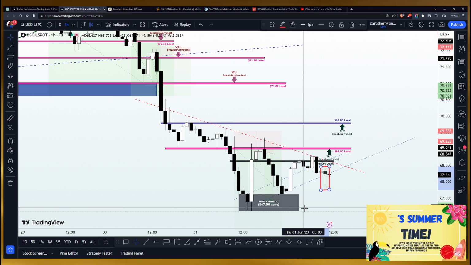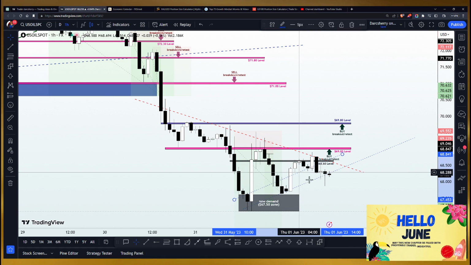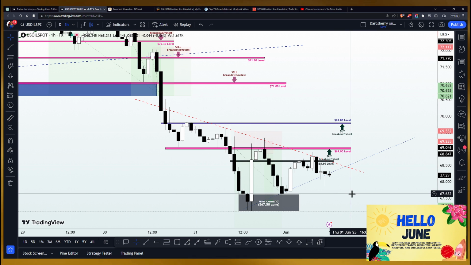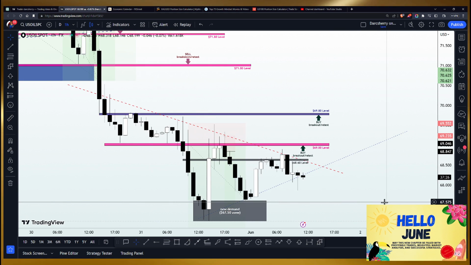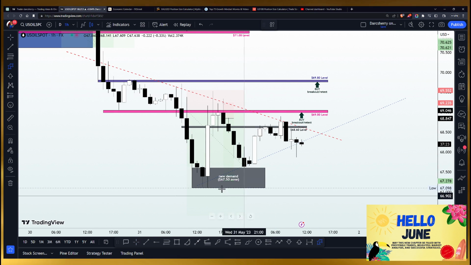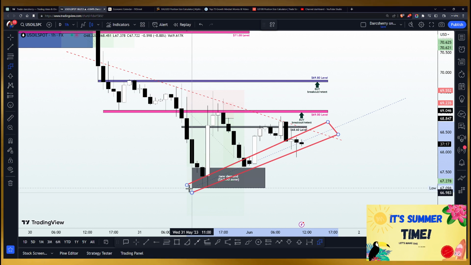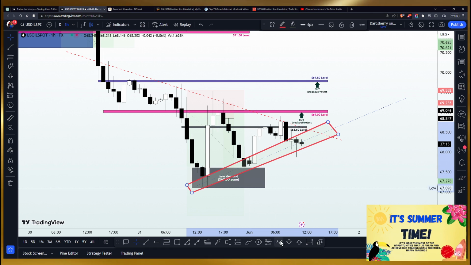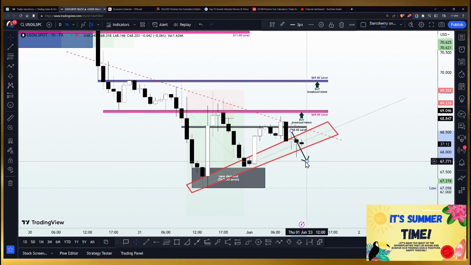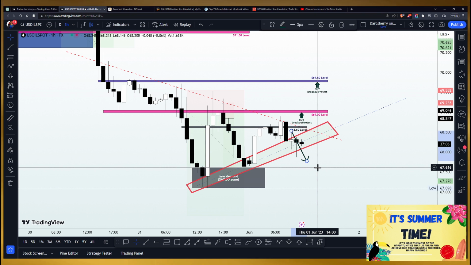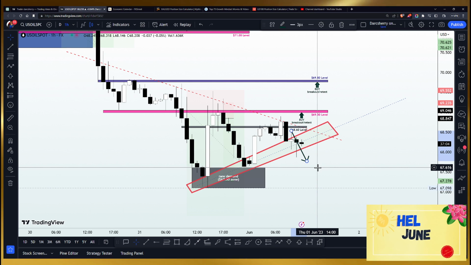So we need to be very, very careful here, as we are at a critical point in the market where anything could actually happen. So for us to sell the US oil spot today, we want to see a breach of this bullish trend line. That is, price action breaks down the trend line to the downside, giving us a bearish signal. And if we do have a breakdown of the structure, remember, we are not getting too excited at this point. We are neither having a sell stop order yet, because we want to see a significant confirmation that will help us to validate that selling pressure is gradually gaining momentum.